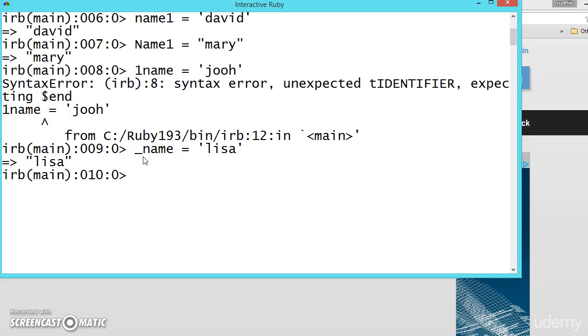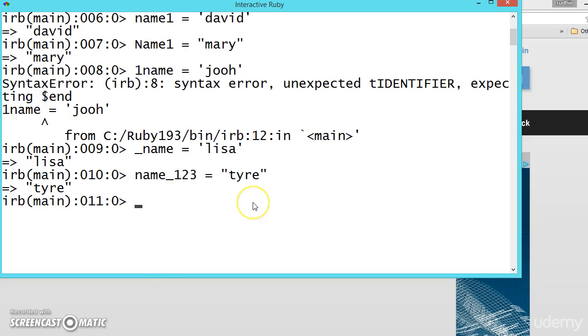So a variable can contain characters, underscores and numbers, and a variable can start with a character or underscore. It should not start with a number. This is the standard rule for variables.